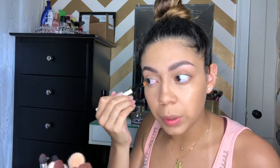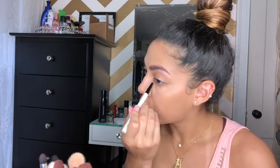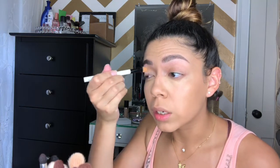Again, I just want to keep this super natural, so I'm just gonna use colors that are a little bit lighter than the Too Faced concealer that I used. Not too light, because I don't want to necessarily brighten too much in the areas, just enough to bring back the dimensions. I'm also going to use this on my eyelids to prime just a little bit and get rid of any